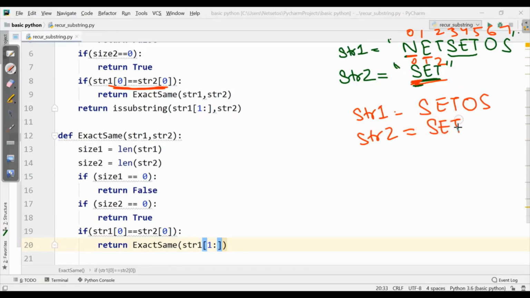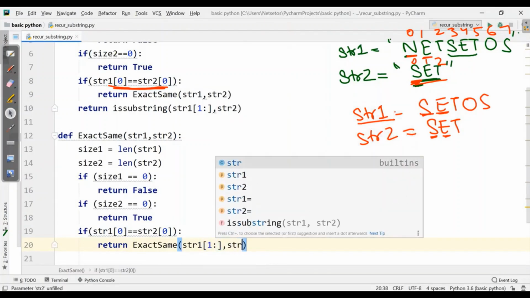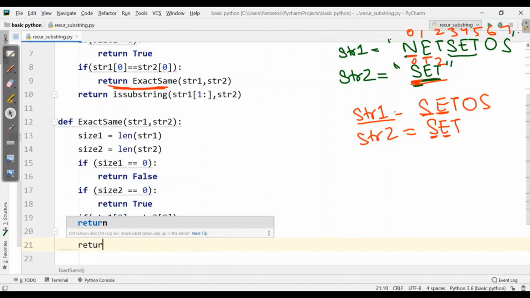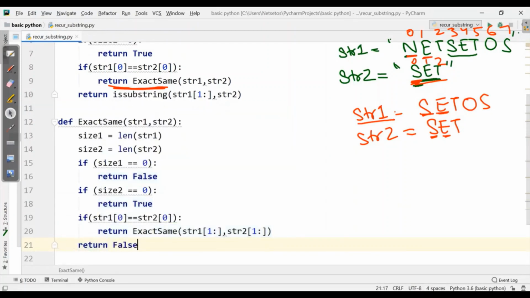If the first character of str1 is matching the first character of str2, it will go further and check E of str1 with E of str2. Similarly, I am writing here str1's second character against str2's second character. Otherwise, it will return false and go back to the earlier recursion.